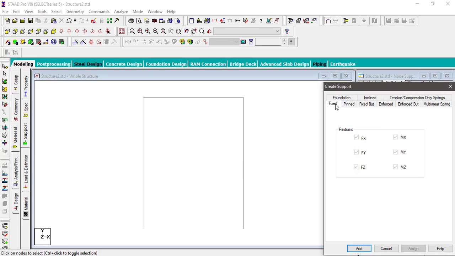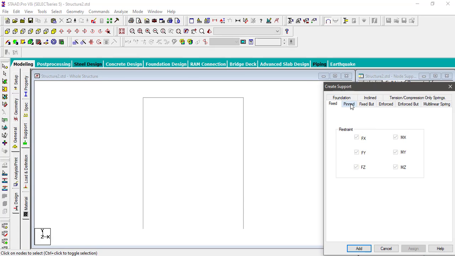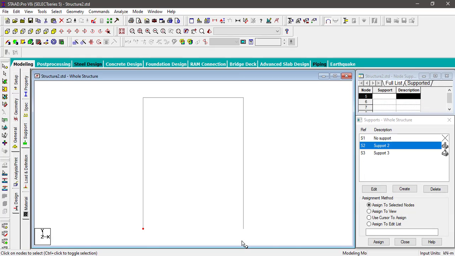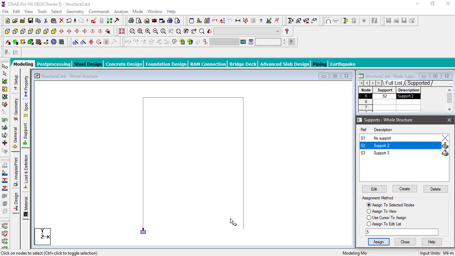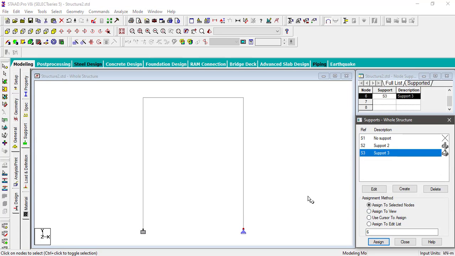I'll create, one end is fixed, other end is say pinned. First support I will select here, assign to selected nodes, assign. Second I have to select this, assign to selected node, assign.